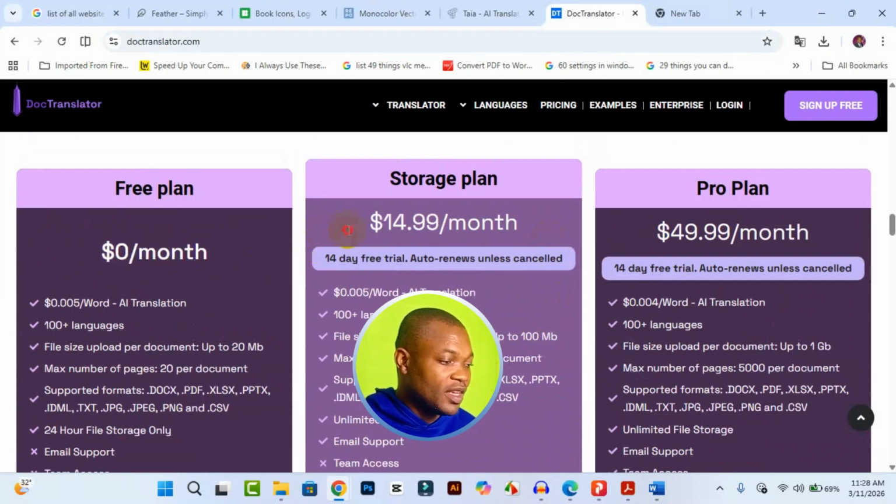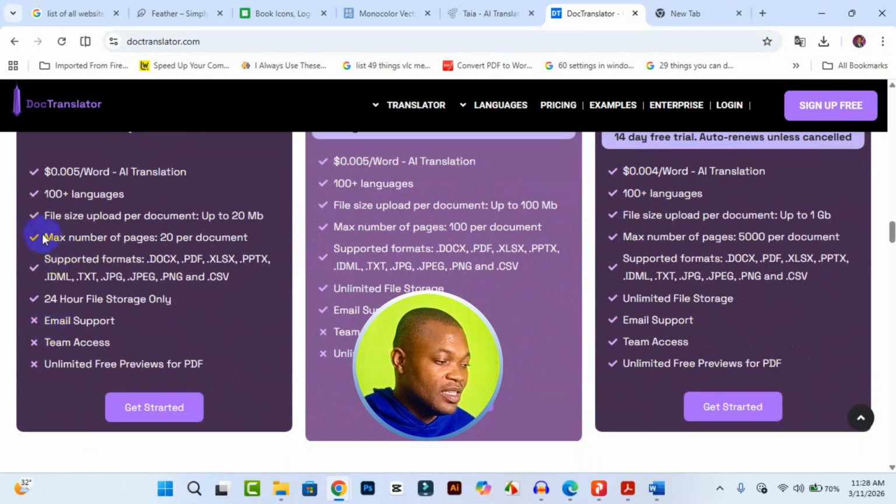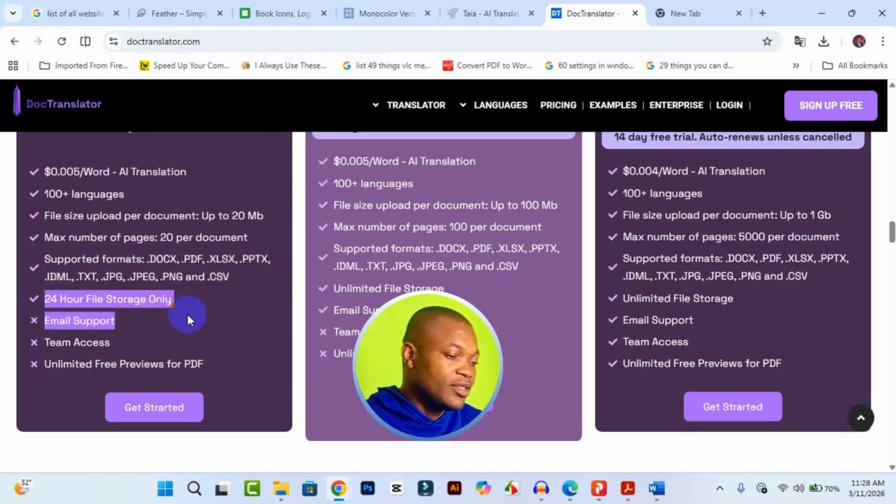Okay, so under the free version, you have about 100 plus languages. File size upload per document is about 20 megabytes. And then you have maximum page number, which is about 20 per document. You have files supported here, but a lot of different types of files are supported right here. And 24-hour file storage is available for this. Now, when you get to this particular website, what you need to do is to simply